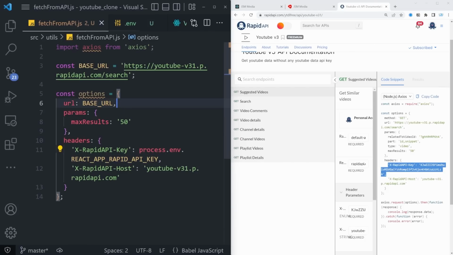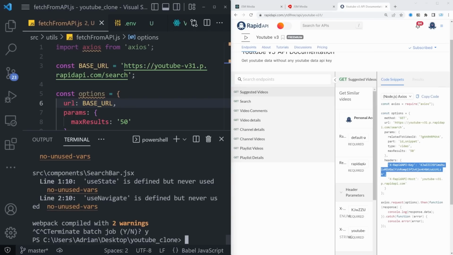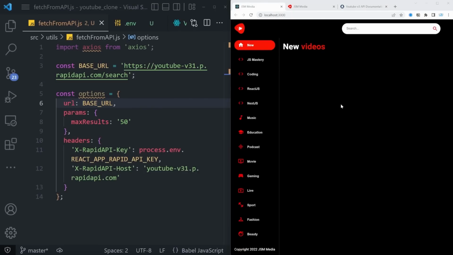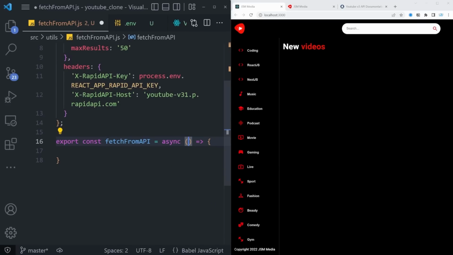With that said, we now need to rerun our application for the changes to take effect. So let's simply press Ctrl+C, Y, and then we can run npm start. There we go, our app reloaded on localhost 3000, and we are ready to put this options object to use. So let's say export const fetchFromAPI is equal to an async function, like this. That function is going to accept just one parameter, which is going to be a URL. Now, what we can do is say await